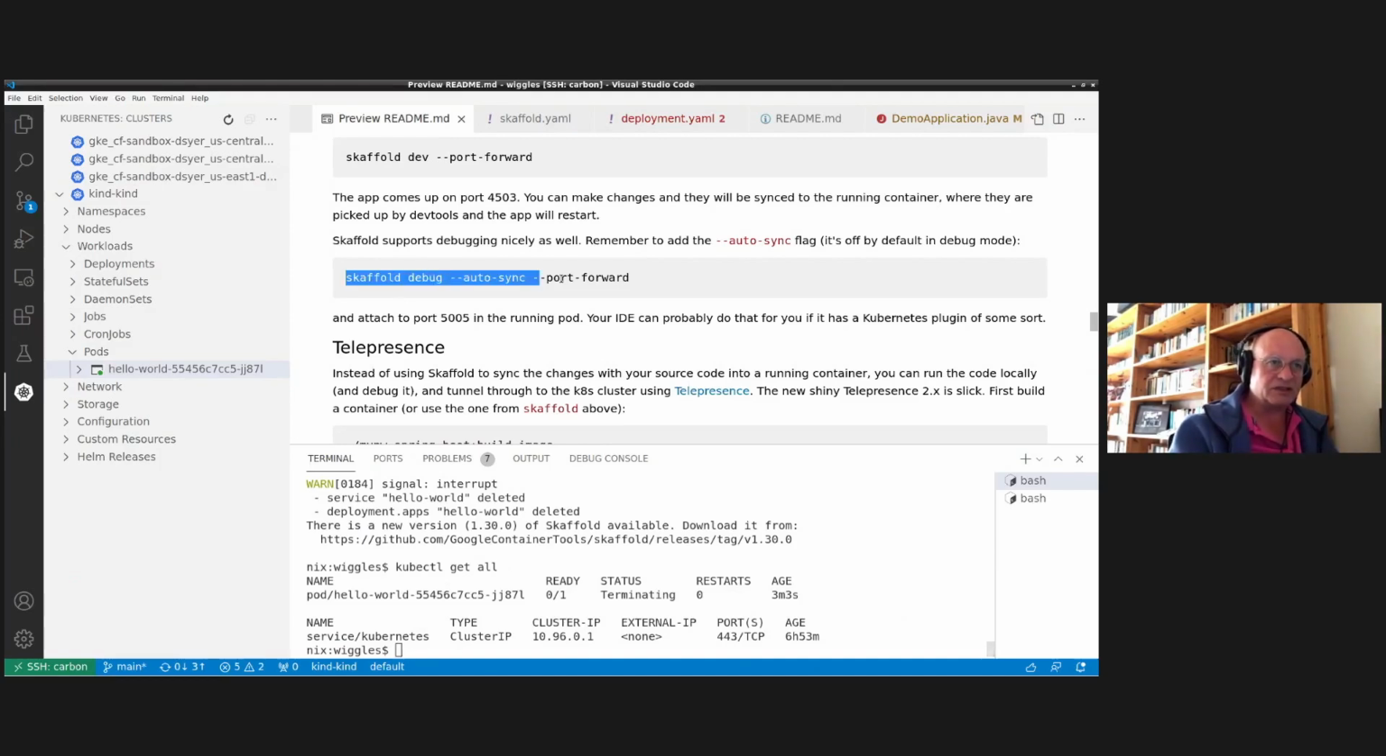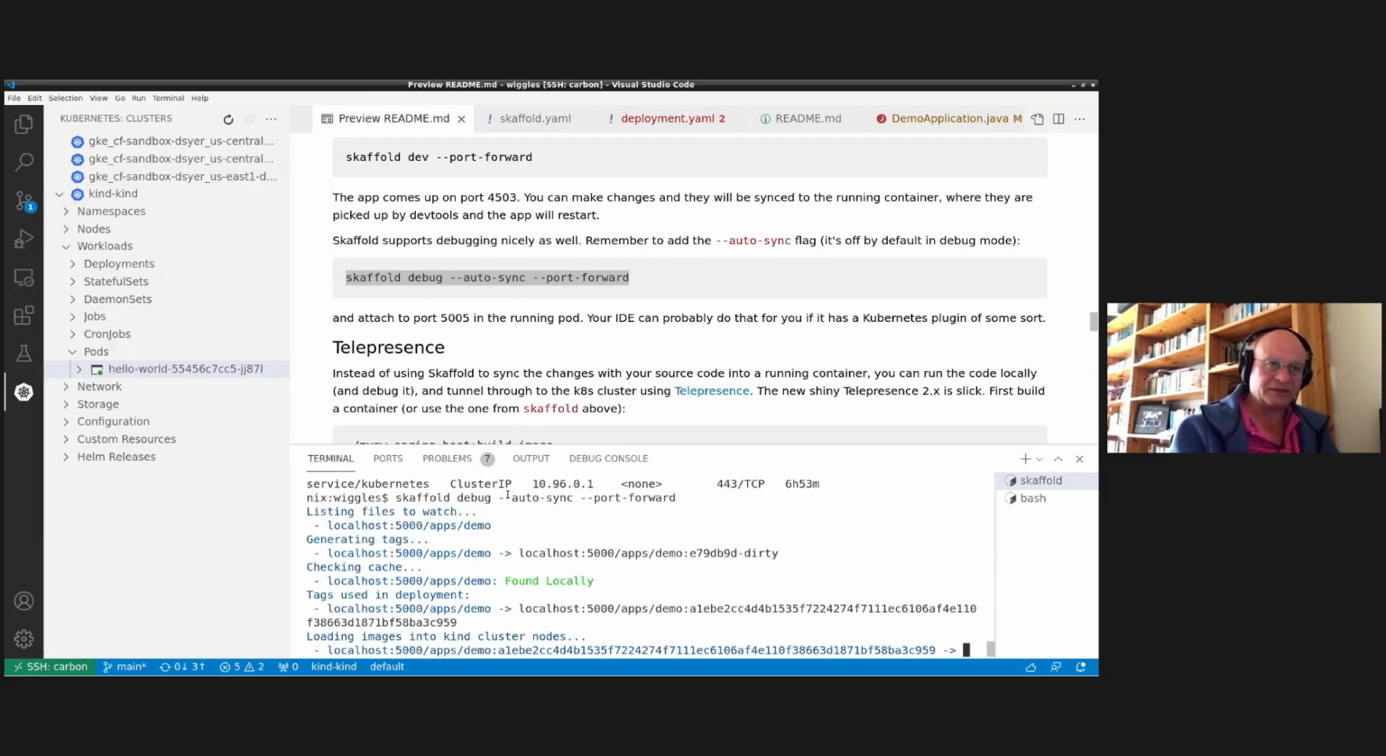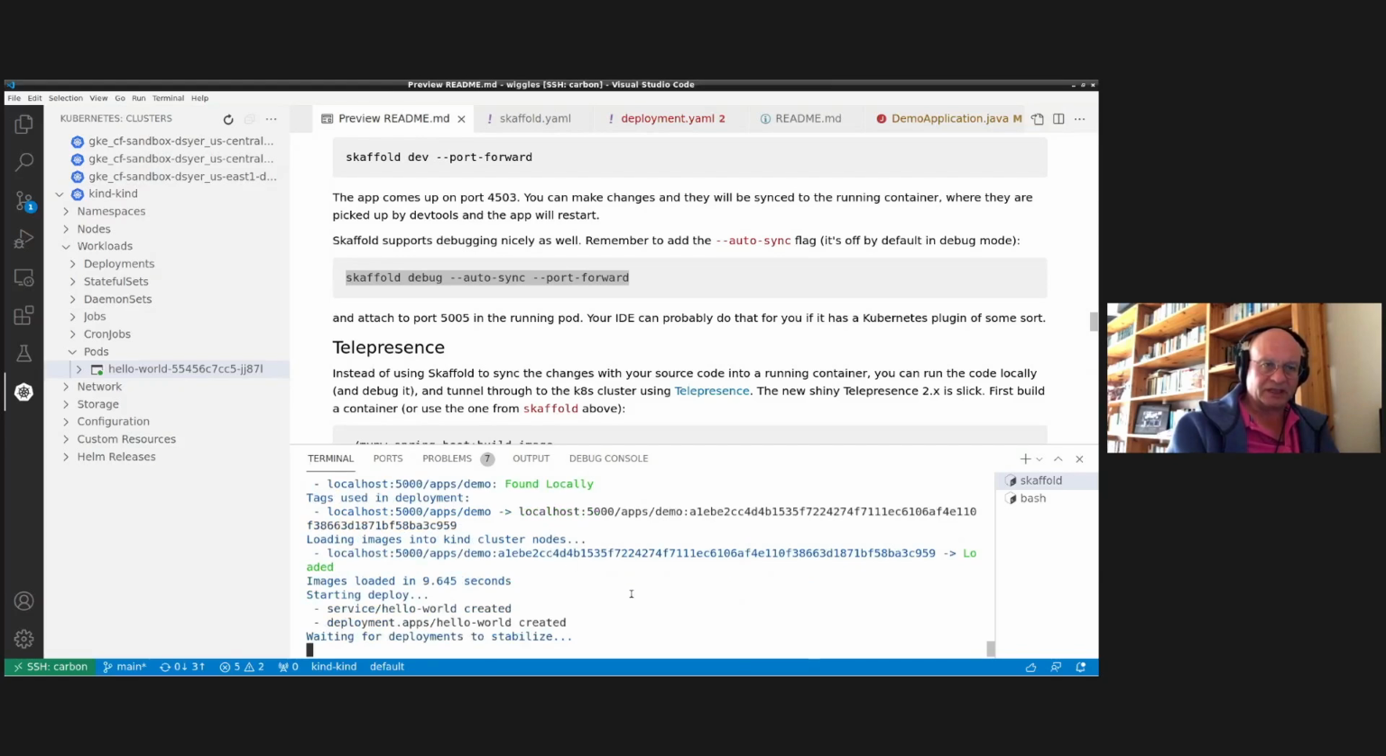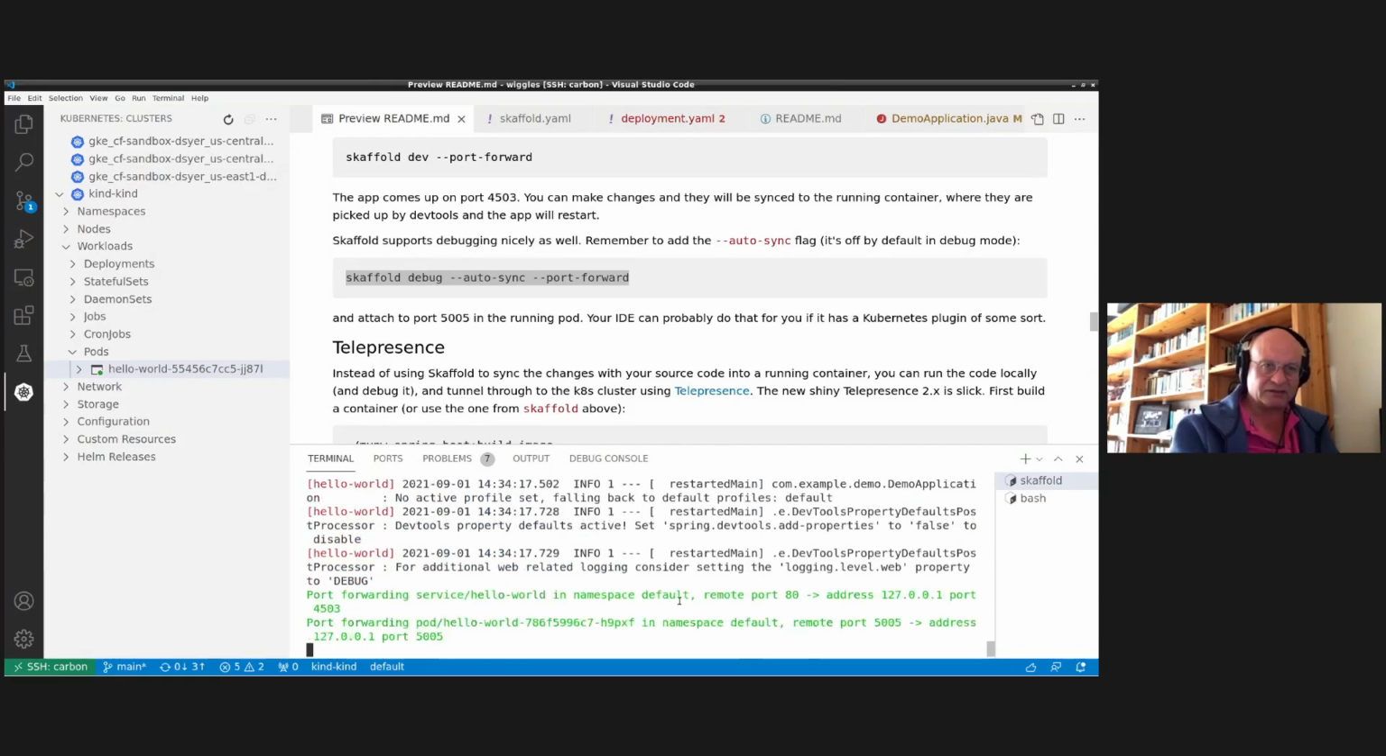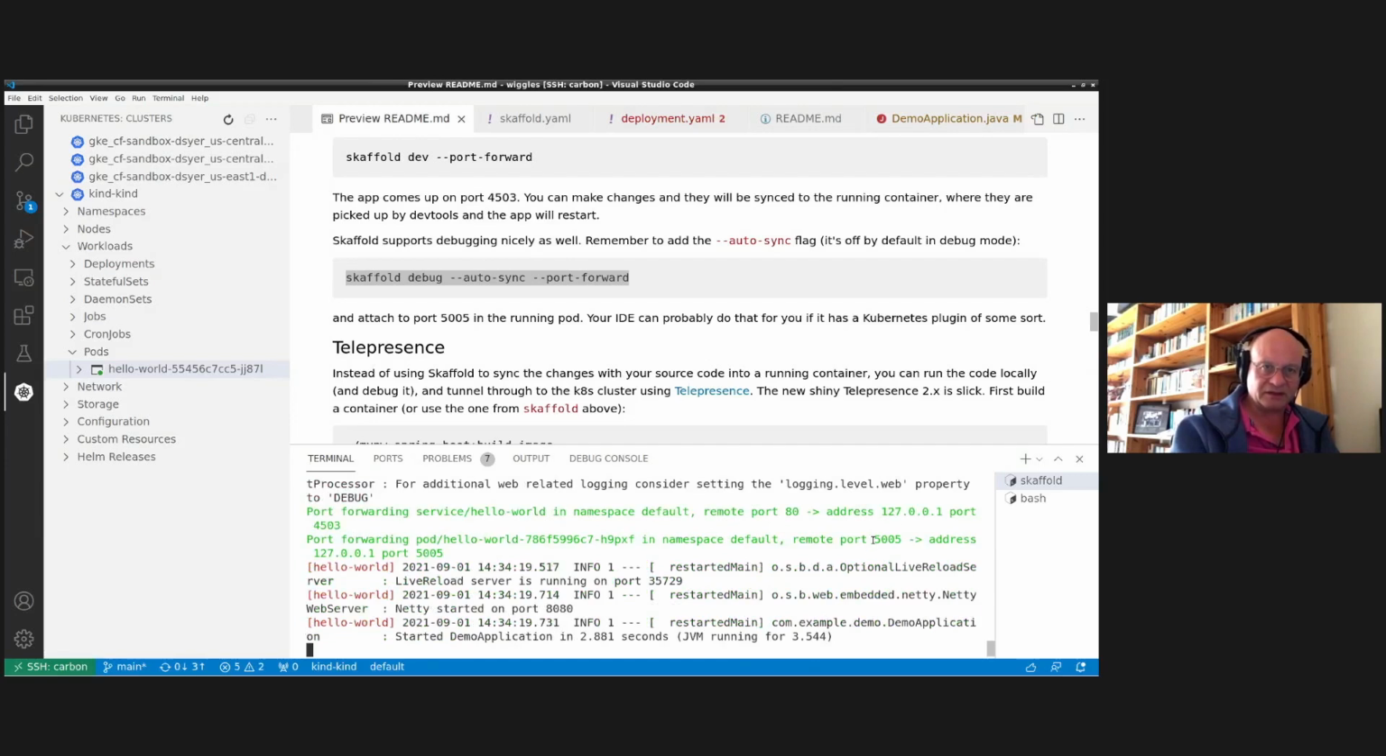To show you the debug, it's a nice thing to do actually. I said this is one of my touch points for developer experience in a loop. I like to be able to debug things if possible. So scaffold debug, I have to add --auto-sync because it won't do that by default in debug mode. But you can make it just by adding that on the command line. So it deploys the same app in the same way, restarts it fairly quickly. And the main difference you see now is there's another port, 5005, which is the port that it's listening to